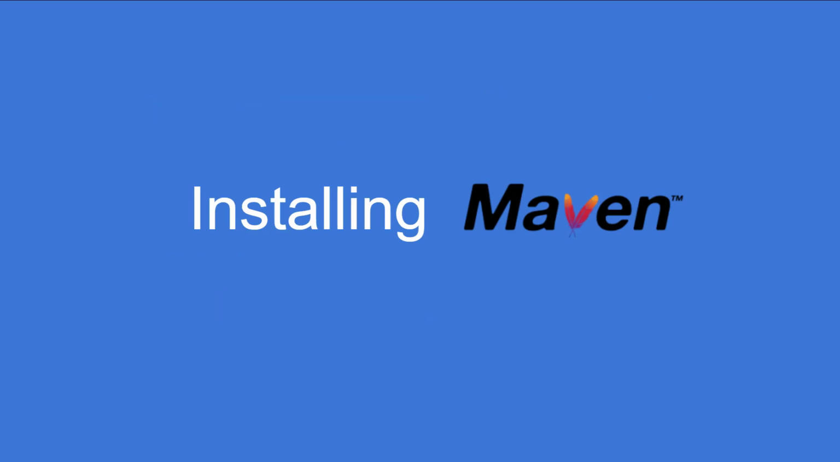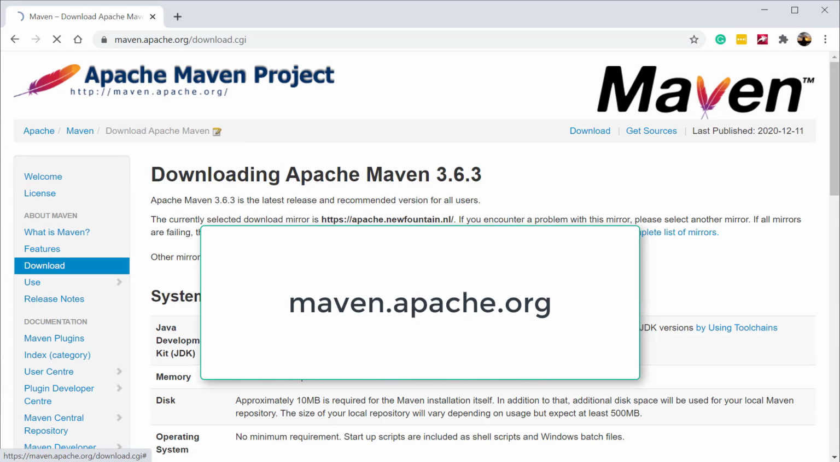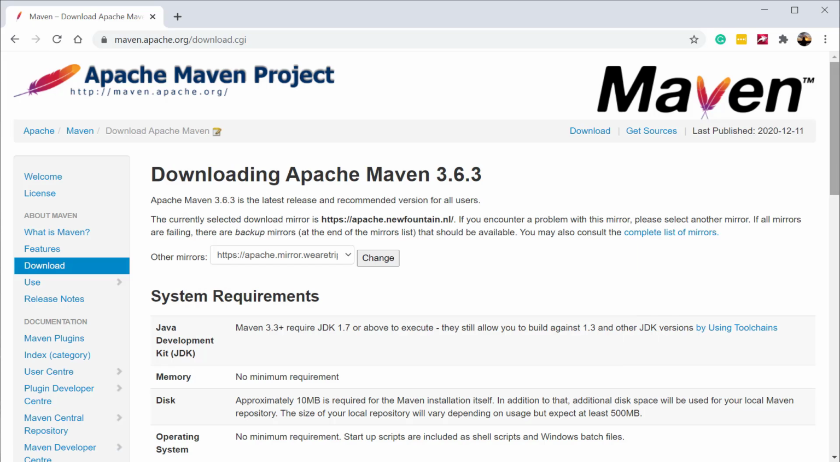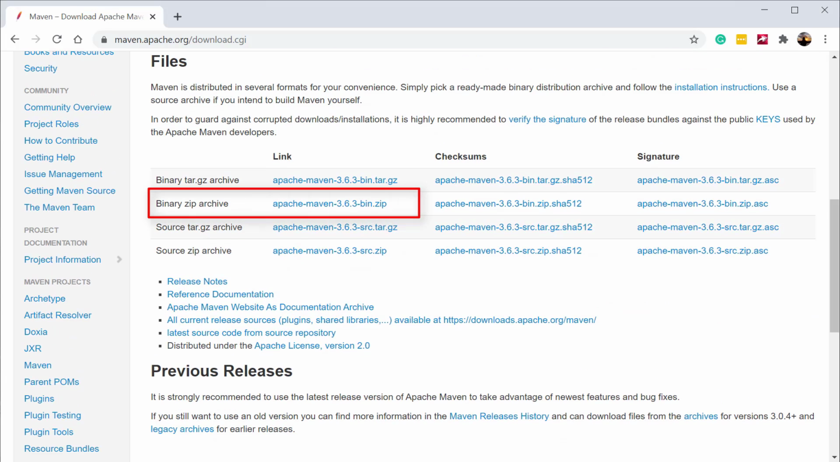Now let's go ahead and see how to install Maven on your machine. I opened the website maven.apache.org in my browser, and when I go to the download section, you can download the latest Maven version here. At the time of creating the video, the latest version of Maven is 3.6.3. After you download the binary zip archive and extract the zip file, the first thing we have to do is